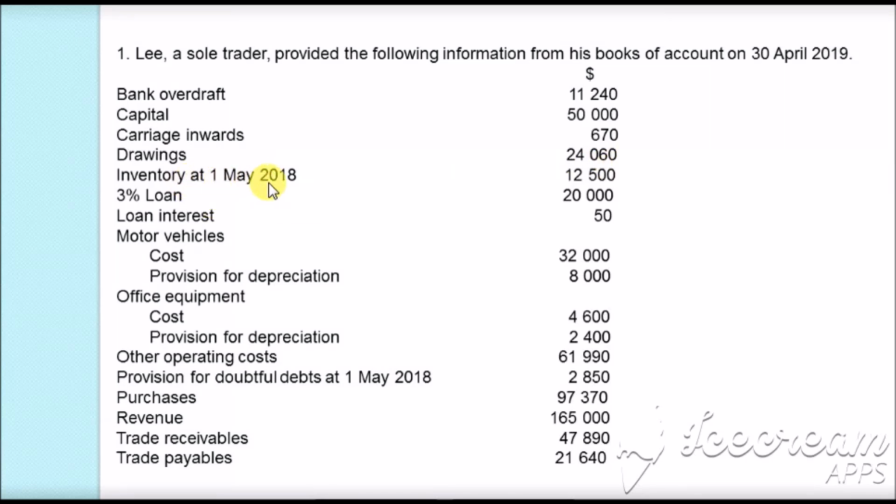inventory at 1st May 2018 $12,500, 3% loan $20,000, loan interest $50, motor vehicle at cost $32,000, provision for depreciation $8,000, office equipment at cost $4,600, provision for depreciation $2,400, other operating costs $61,990, provision for doubtful debts at 1st May 2018 $2,850, purchases $97,370, revenue $165,000, trade receivable $47,890, trade payable